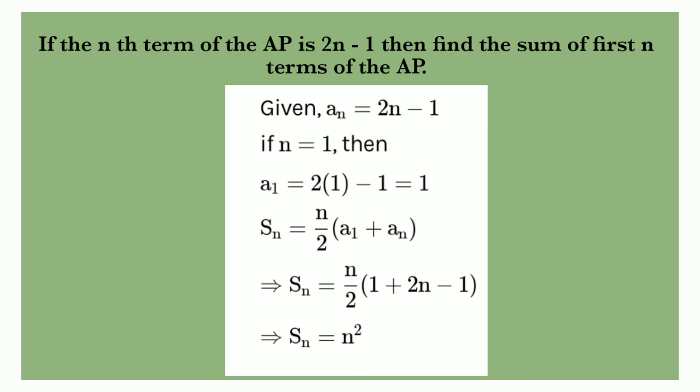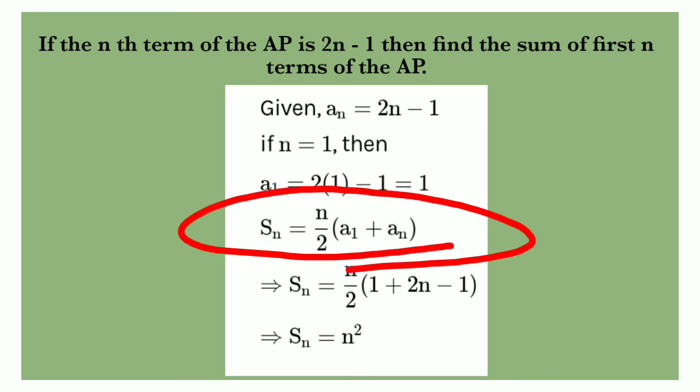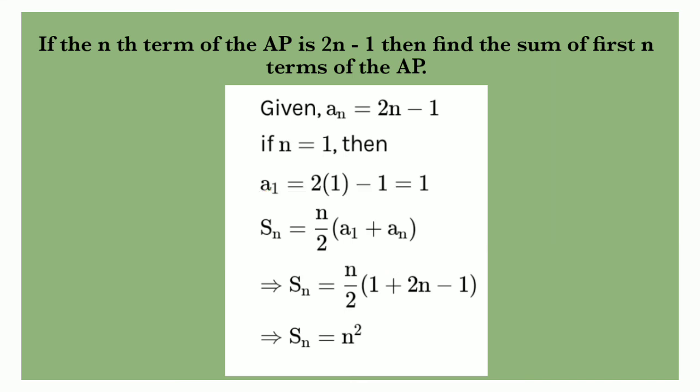And we know the formula Sn is equal to n by 2 into first term plus last term. N by 2 into first term, that is A1, plus last term, that means L or An. So here Sn is equal to n by 2 into the first term A, which is given as 1, plus An, which is also given as 2n minus 1. Plus 1 minus 1 cancel, so 2 cancels, and here n into n is n square. That is, the sum of the first n terms of the given AP is Sn equal to n square. Okay.